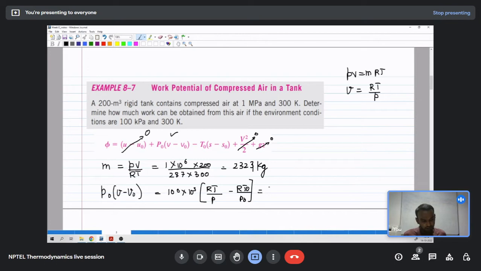Again we take R as constant, which is 287. We have 287 into 100 into 10 power 3 multiplied by T by P inside the bracket: temperature is 300 Kelvin for the system and pressure is 1 megapascal, which is 10 power 6, minus, again, dead state temperature 300 Kelvin and P naught for the dead state 100 into 10 power 3, 100 kilopascals. So calculating this,